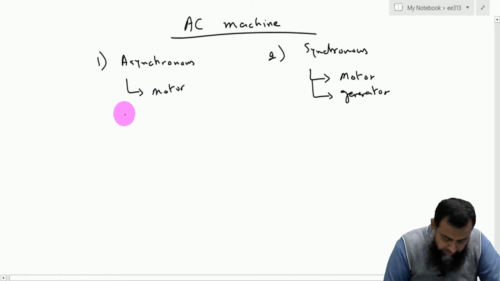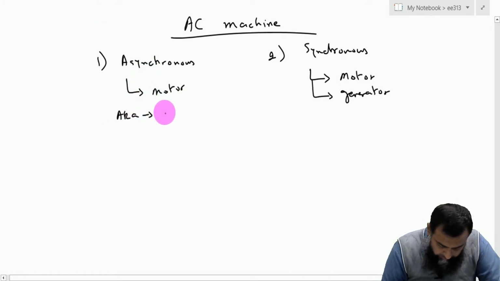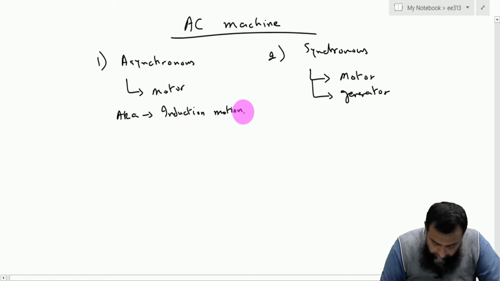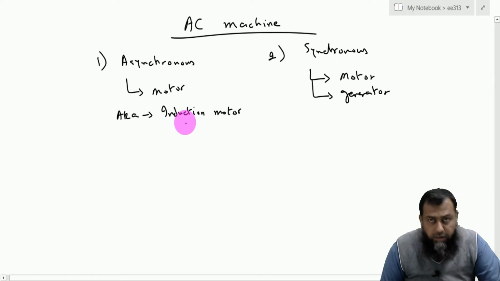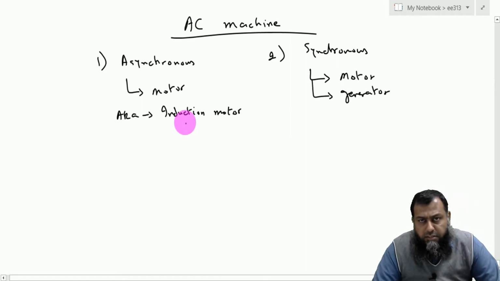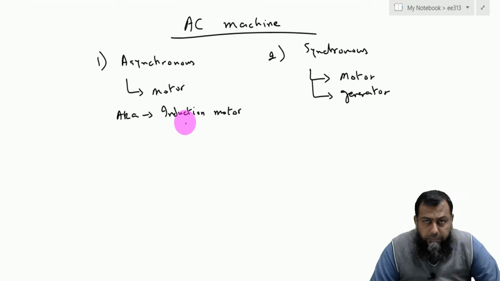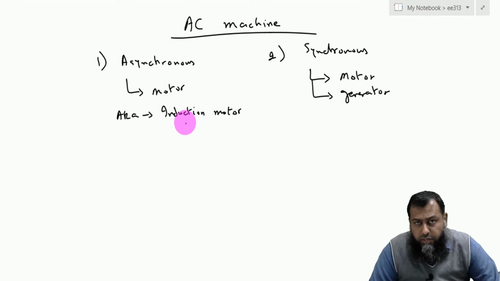This asynchronous machine is also known as an induction motor, and it is a very widely used electrical machine in today's world. The induction motor is a machine which has a very simple structure. It is rugged, simple, and almost maintenance-free, and therefore it is so extensively used in today's world that almost 70% of the electrical power flows through the winding of the induction machine.